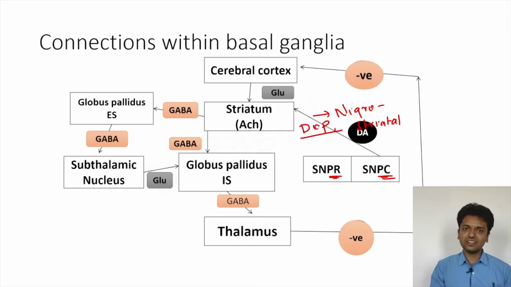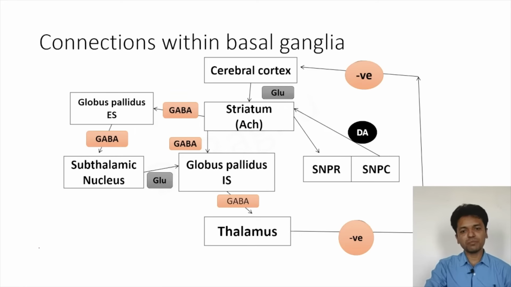Okay, it is said that these nigrostriatal fibers, which are the dopaminergic fibers, are usually inhibitory to the striatum. So that means the striatum is receiving excitatory input from the cerebral cortex in the form of glutaminergic and cholinergic input, and it is also receiving inhibitory input from the substantia nigra pars compacta. So there has to be a balance maintained between the excitatory input and the inhibitory input for the motor functions to go on smoothly. Not only that,